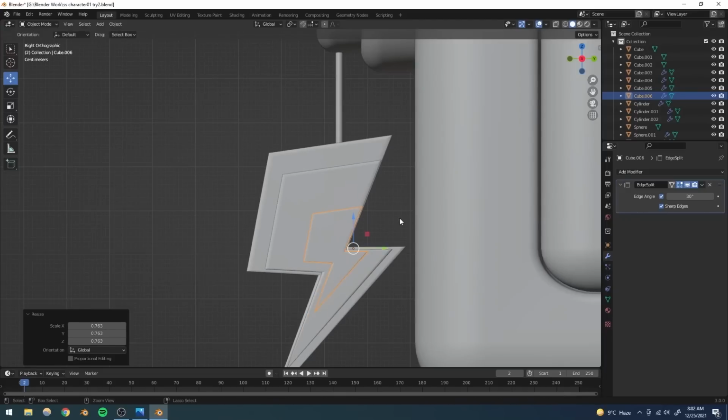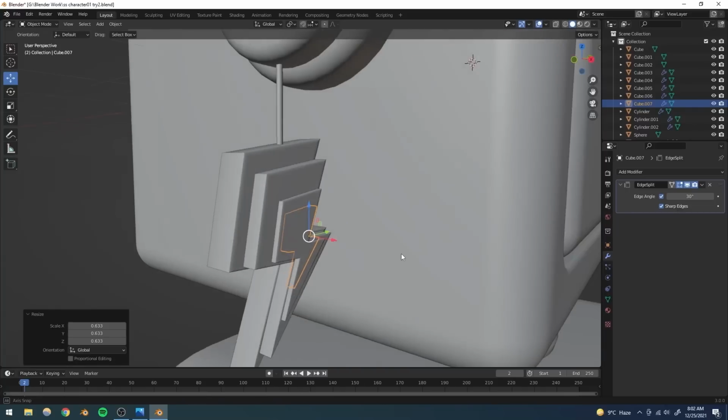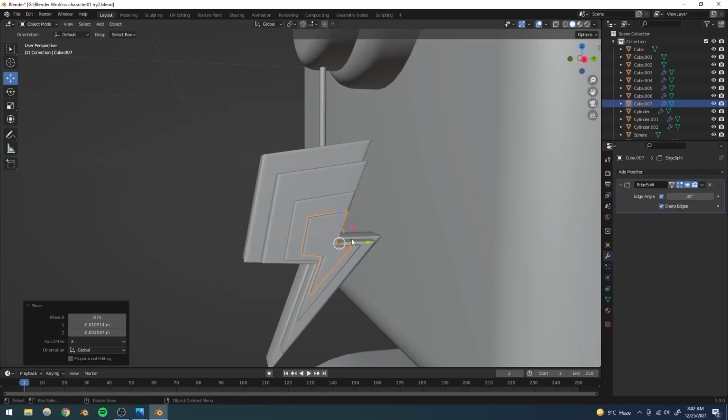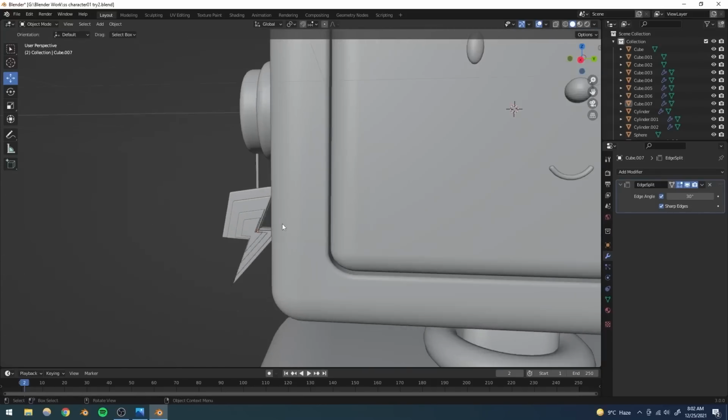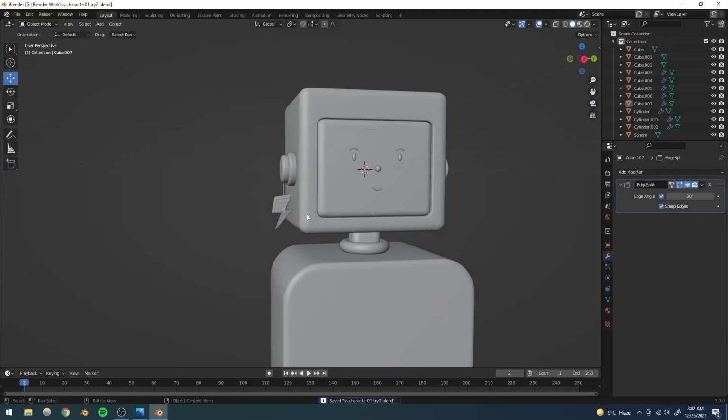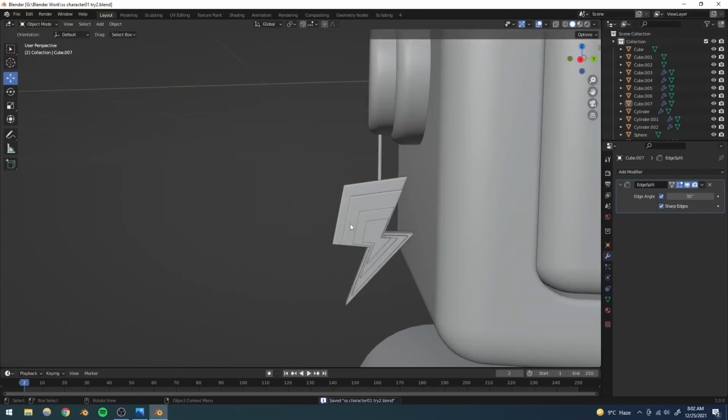And I'm going to duplicate it once again. And I'm going to be scaling it down again and moving it forward. So something like that should be good. And yeah, I think that's a pretty good design for an earring. Yeah, perfect. So what I'm going to do is, right now you're going to see that all these are